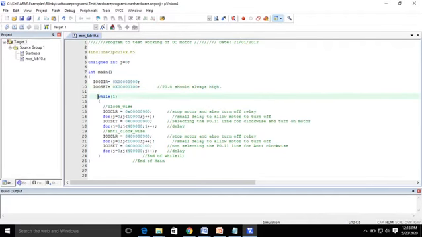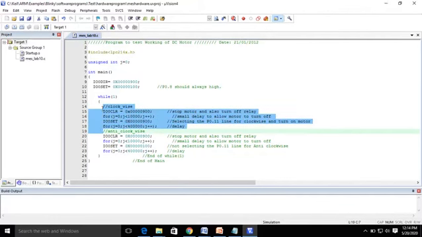Then I have written an infinite while loop, while(1). The DC motor has to rotate both clockwise and anti-clockwise, so I have written both options here. This highlighted part will run the stepper motor or DC motor clockwise, and the remaining lines of code will rotate the motor anti-clockwise.